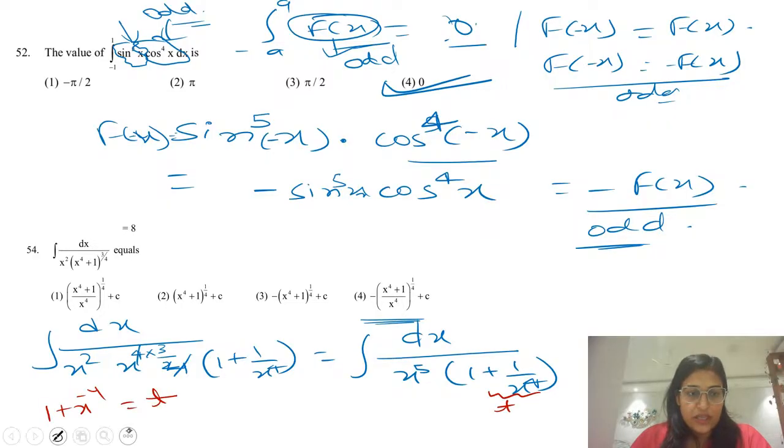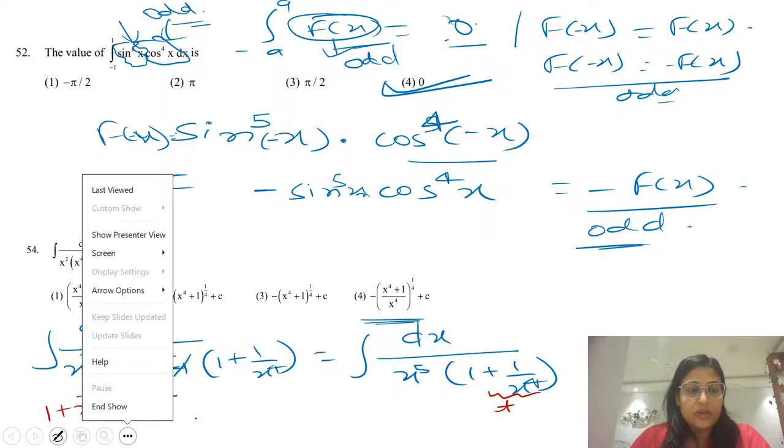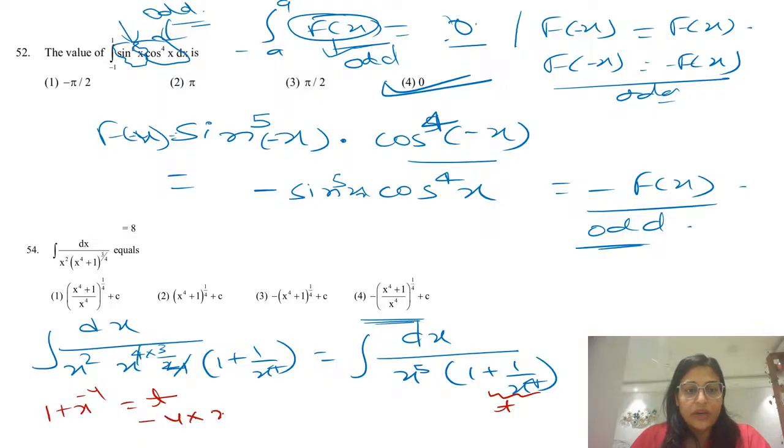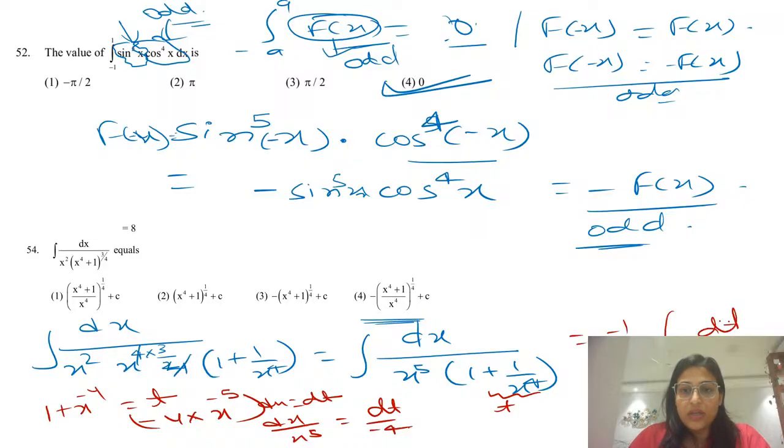If I assume this as t, the differentiation will be what? Minus 4 into x to the power minus 5 dx is equal to dt. So dx by x to the power 5 will be dt divided by minus 4. So I can write this further as minus 1 by 4 dt, and here it is t. So this is nothing but minus 1 by 4. Now, since t is there in the denominator, it will be